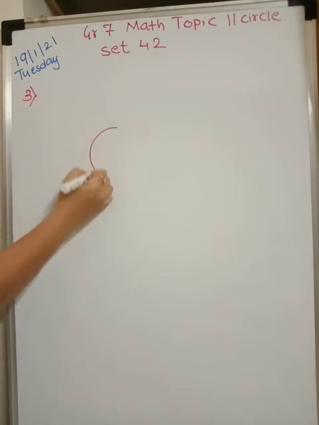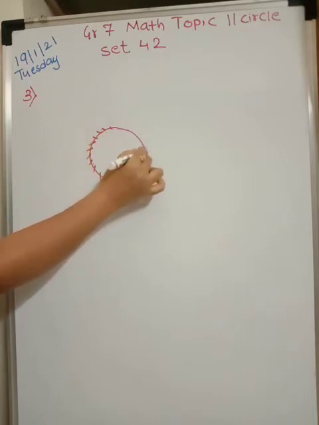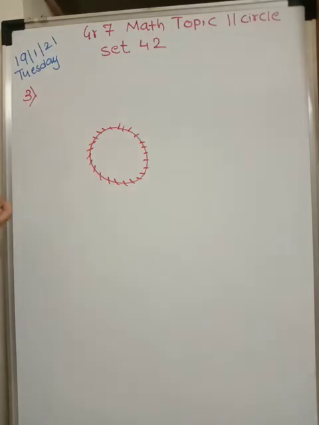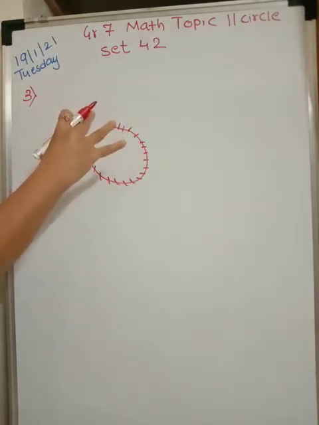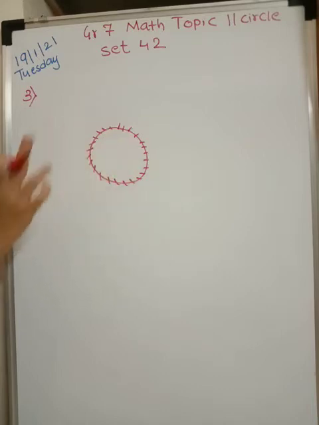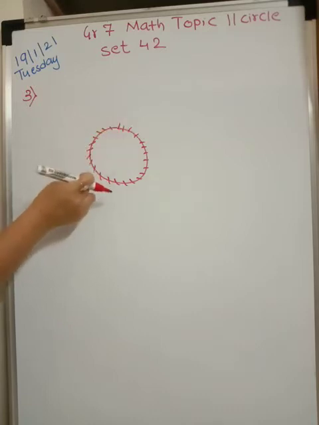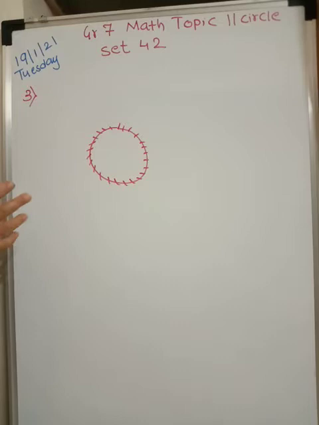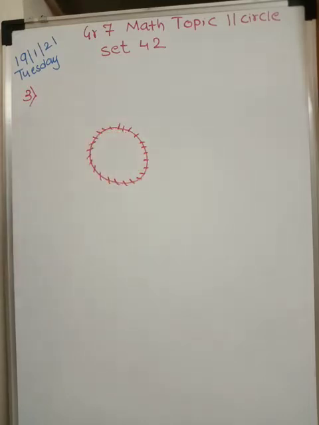If this is a garden like this, circular in shape, you are going to put the fence like this, no? The fence is like this, isn't it? So this is one round of fence. Above that there will be a second round of fence. So this height will go on increasing, but the radius of the fence will remain the same. So putting a fence means whatever length of wire you are using, fence is nothing but the circumference. That you should understand.